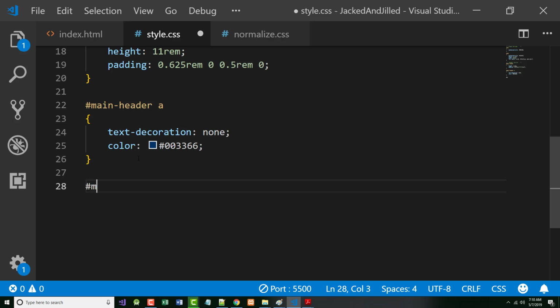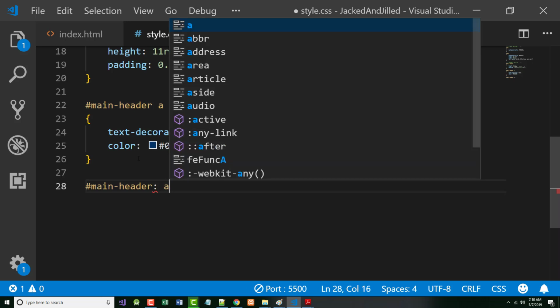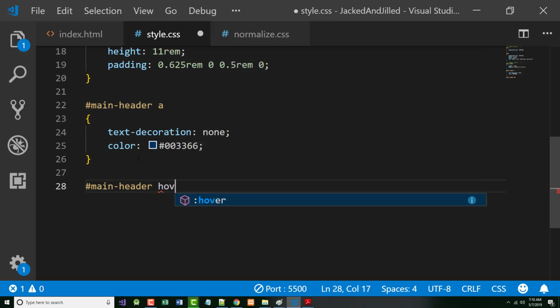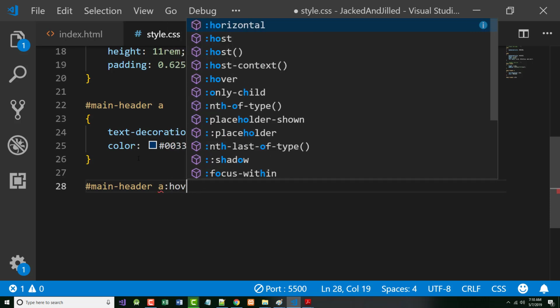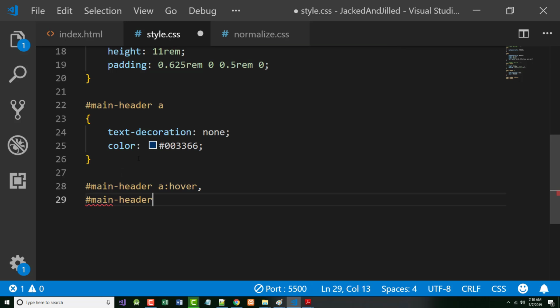Next. Now, when I hover, so if I take my mouse and I hover over a hyperlink, or anything that's considered active, that should also be an A, I believe. Okay, so for either one of those, and I'll have to check, it looks like it's okay, I want those